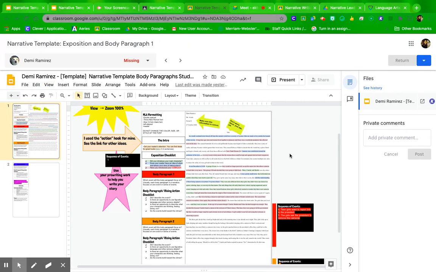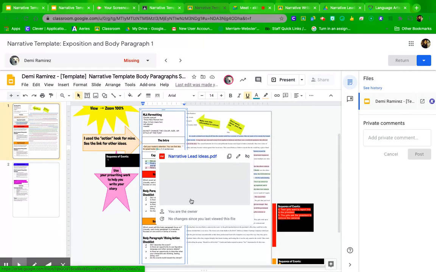Okay, before I do that, I want to remind you that you have to start your story with a hook or a narrative lead. Those are two sentences that are going to grab the reader's attention and make them want to read your story. So if you click on there's like a hyperlink, right? And that will take you to